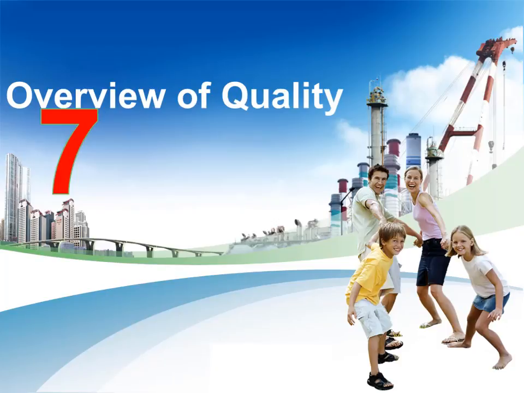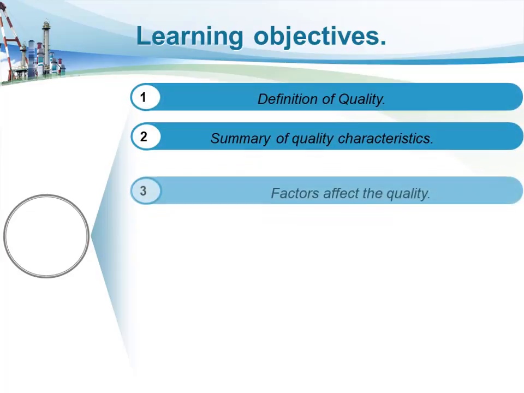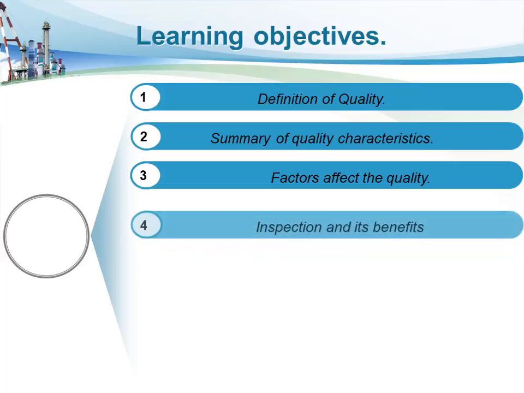Chapter 7: Overview of Quality. Objectives of this chapter include: first, definition of quality; second, summary of quality characteristics; third, factors that affect quality;